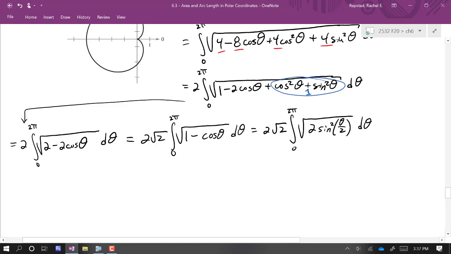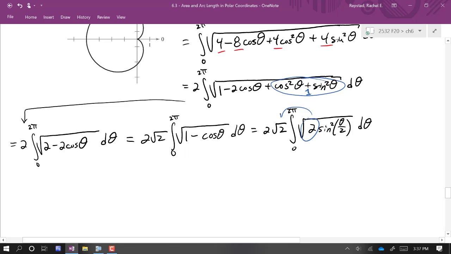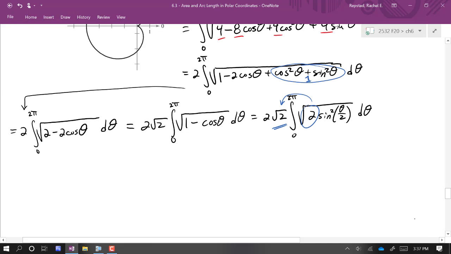All right, we're getting pretty close now. So we have another factor of the square root of 2 we could pull out, and that'll multiply by the root 2 that's already there. So we'll end up with 2 times 2, or 4. And then we have this sine squared inside a radical, so we'll simplify that and just have sine of theta over 2. So that gives us 4 times the integral from 0 to pi